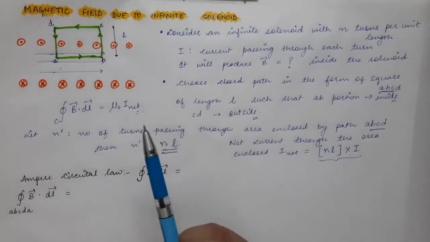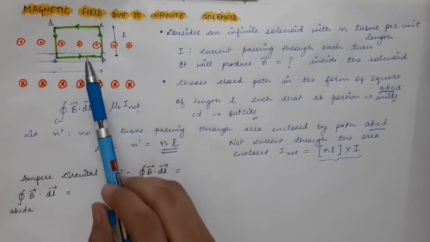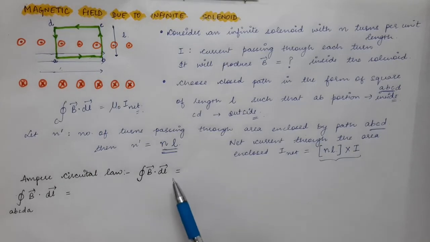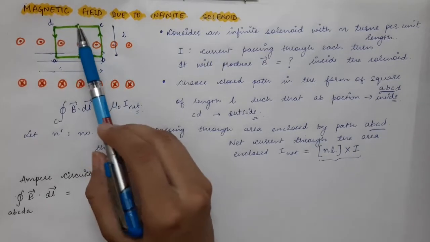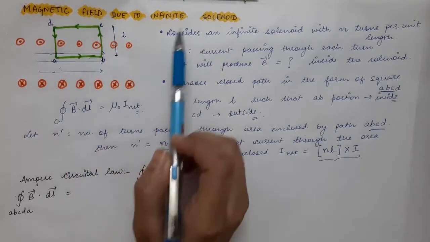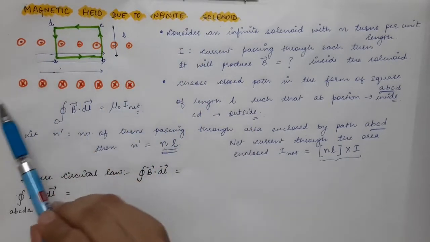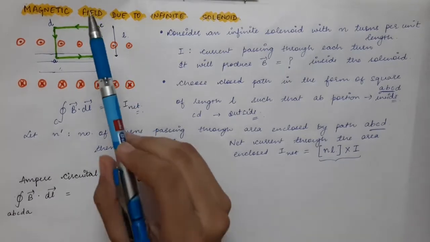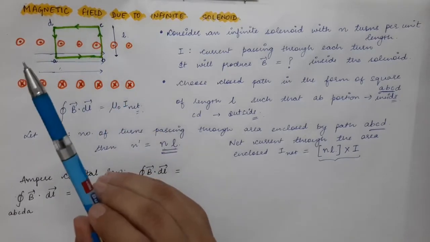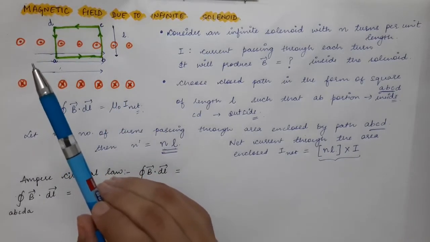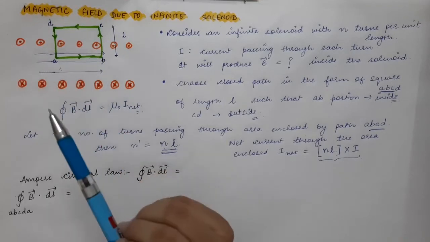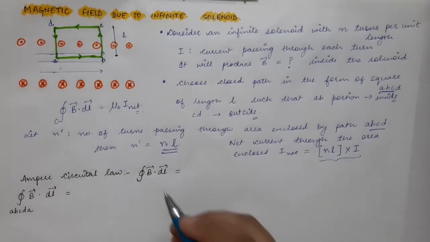So to find out the expression of magnetic field, we will use Ampere's circuital law. And one more thing over here, due to the symmetry of the infinite solenoid, as this solenoid goes to infinity and minus infinity in both the directions, the magnetic field outside the solenoid will be equal to 0. The magnetic field will be just present inside the solenoid.